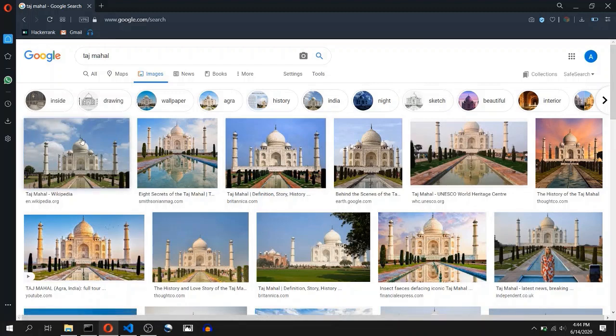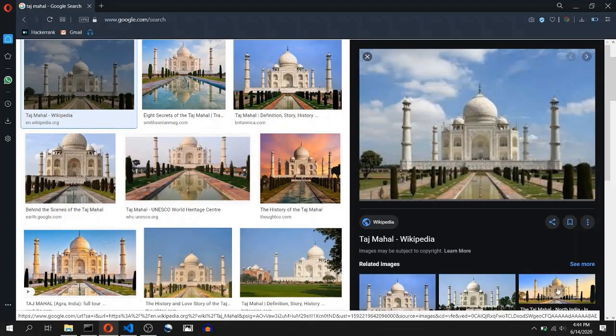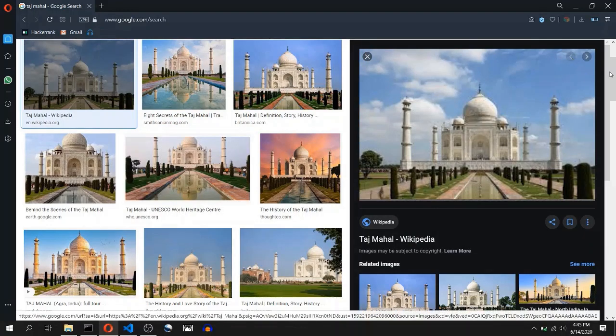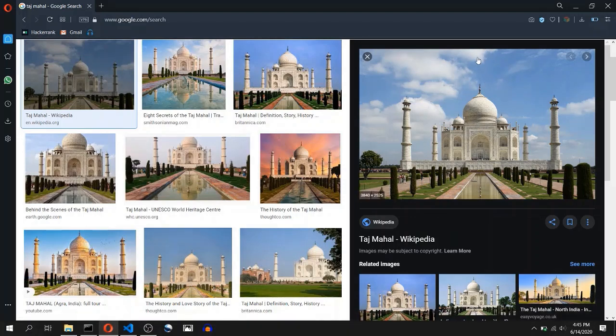Now, if we click on any of the images in the search result, the image is enlarged and displayed in the top right section like this. And you can navigate to next or previous images by using these two buttons over here. Now, for downloading this image, we need to right click at the top center point over here. You might think why I'm not going with vertically center point as well.